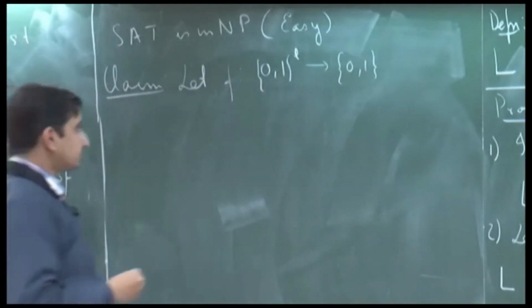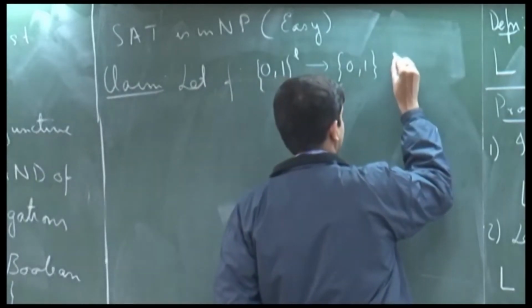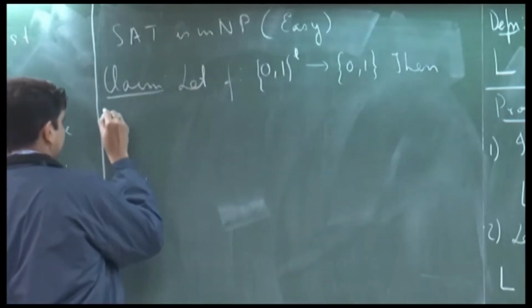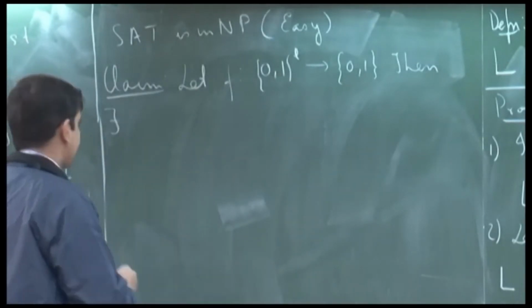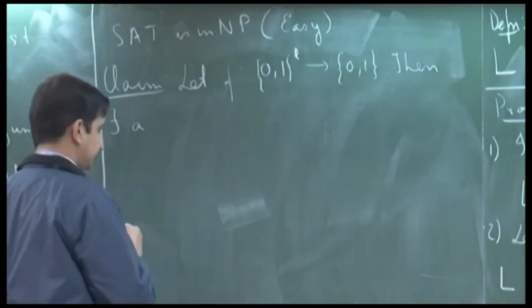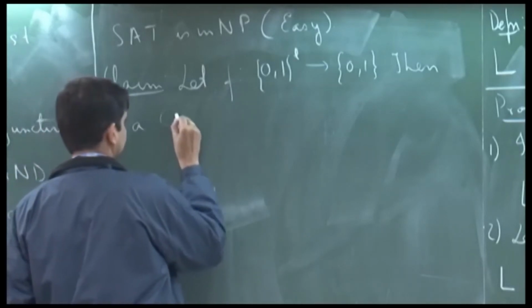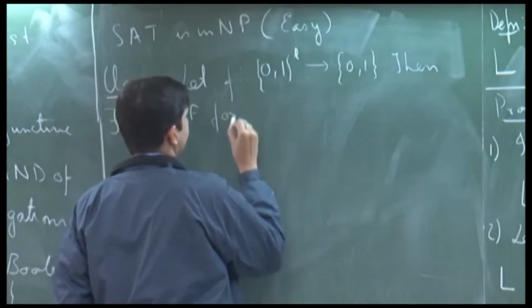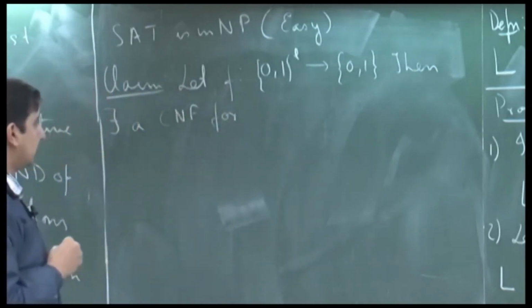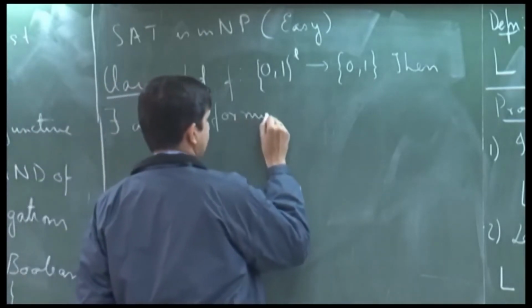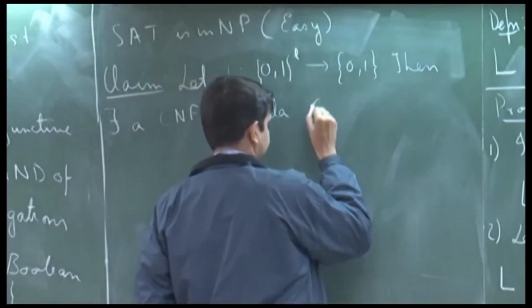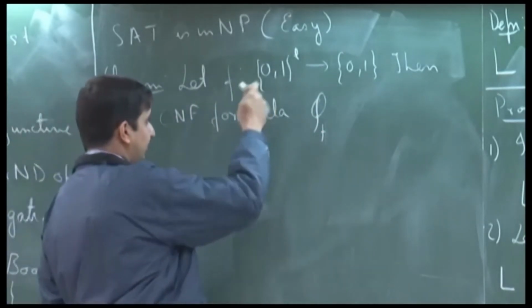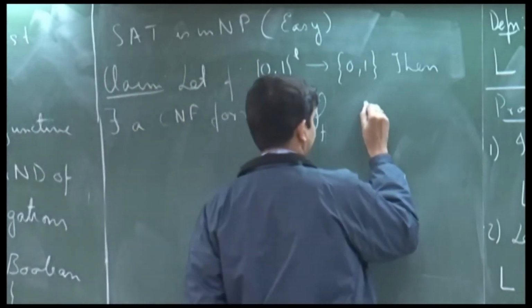Then there exists a CNF formula, let me call this phi of f, just to denote that this formula will depend on this function,